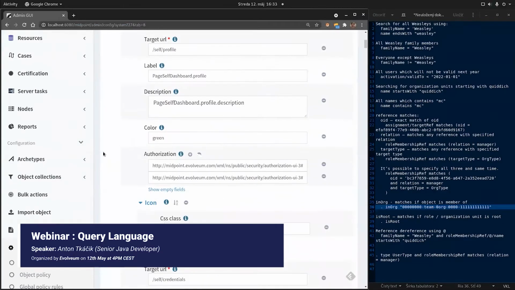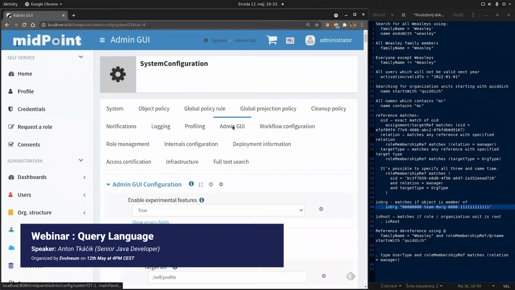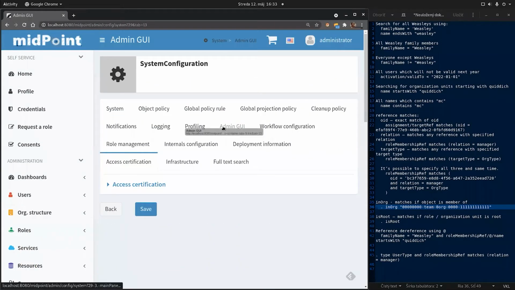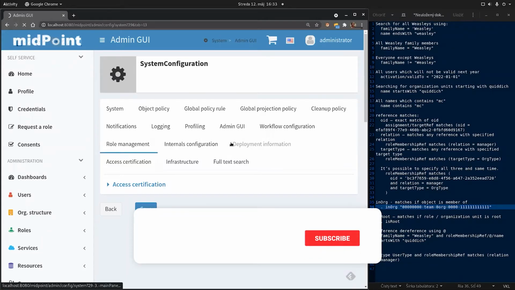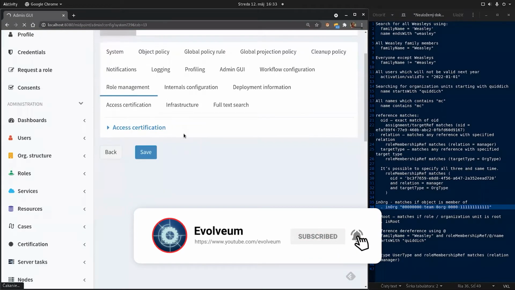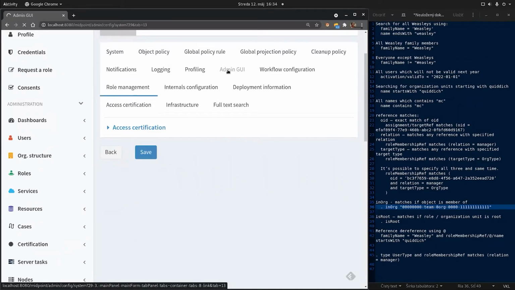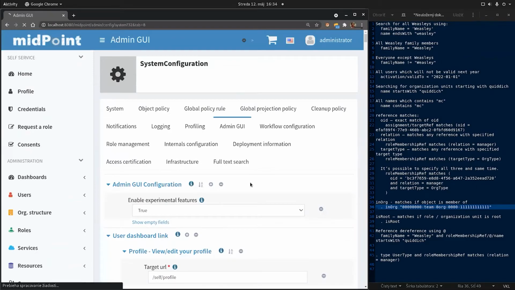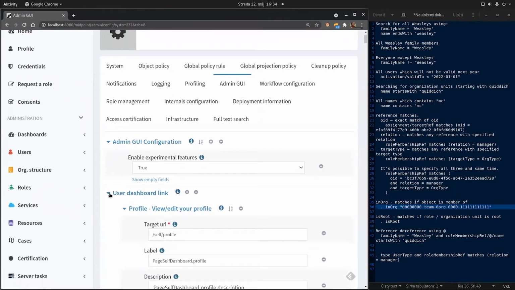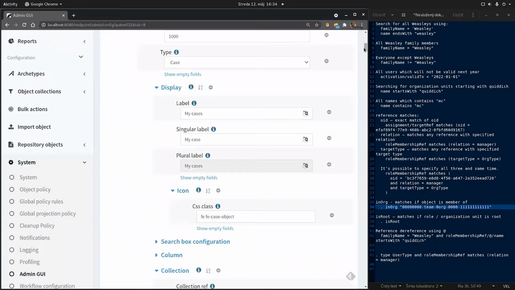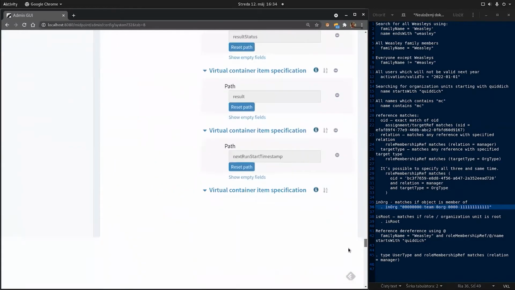So we go to the system, admin GUI configuration, now admin GUI. Let's go to the object collections, and let's add the object collection view. We need to scroll down to the form,